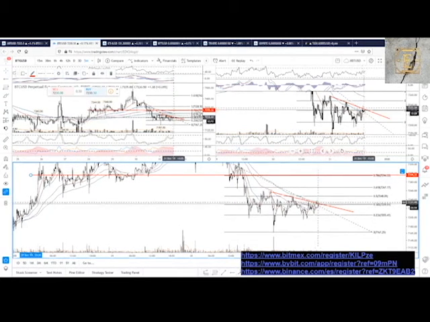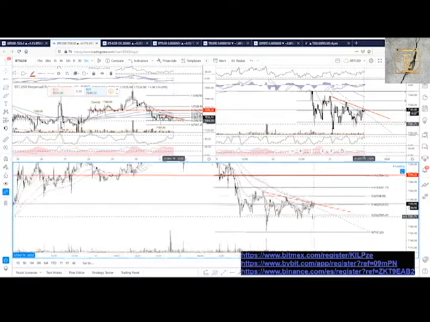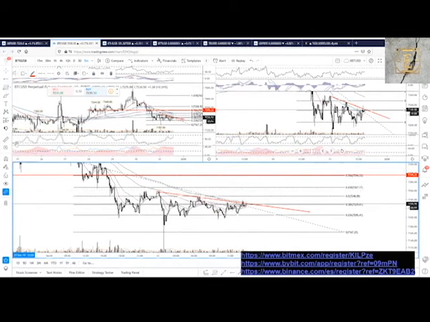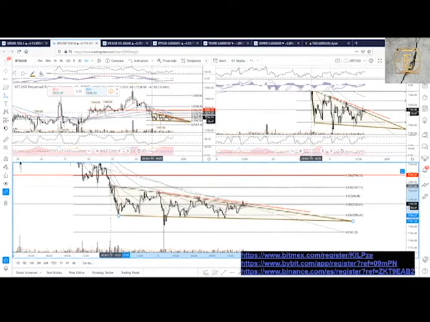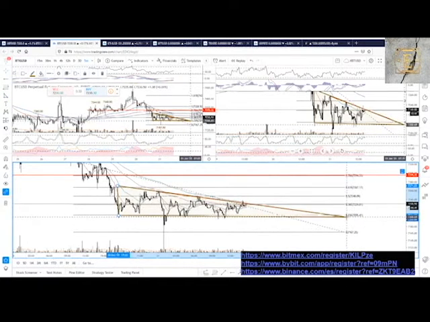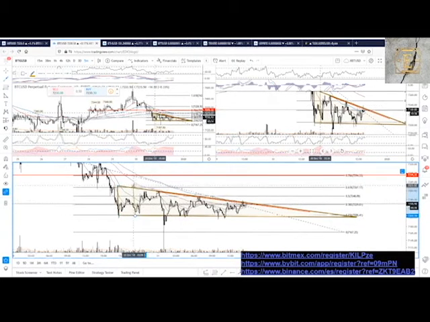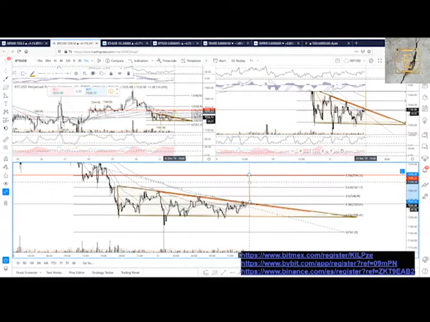So in case this breaks this one, in case for example we consider this a wedge or something like that, it's coming like here, let's say this breaks upwards, and goes to the higher part of the triangle, then it's perfect. This is the spot where I consider a re-entry. Okay,